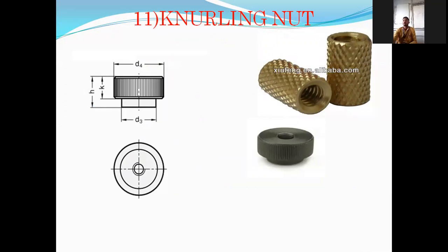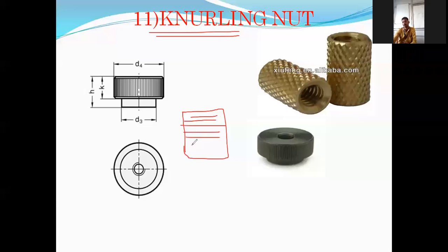Last type of nut is knurling nut. What is knurling? What do you know about knurling? Knurling म्हणजे काय? Whenever we want to tight or loose any component, structure is provided on the component which have firm grip. Which have firm grip, or for which firm grip it is called as knurling. Very good. So how many types of knurling are there? Two. Which are they? Straight and diamond.